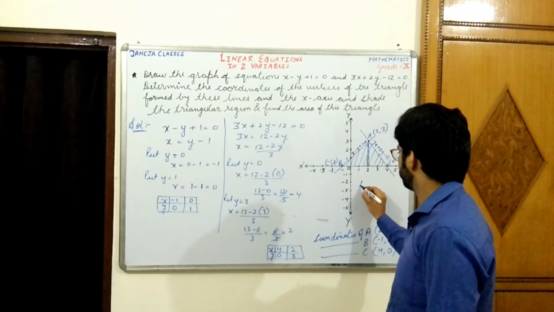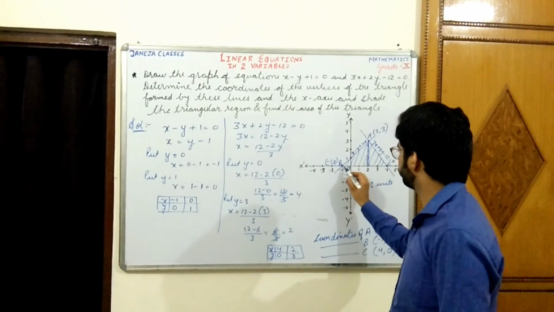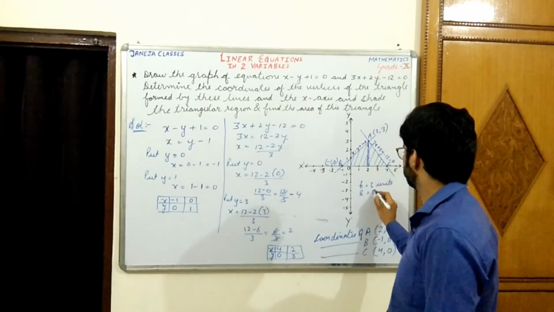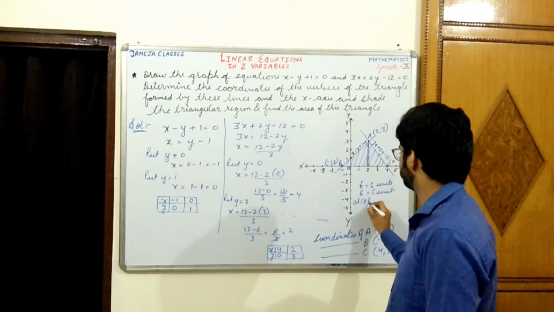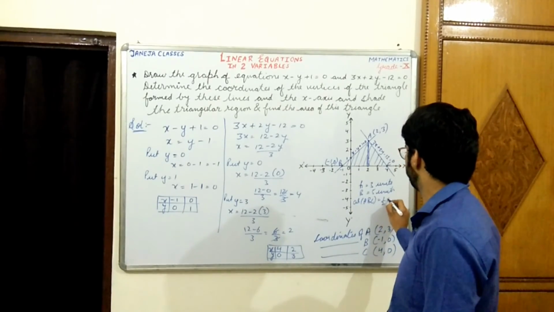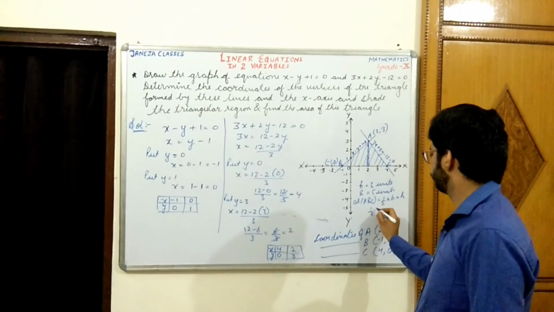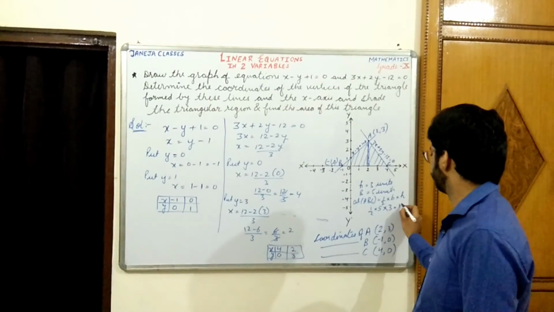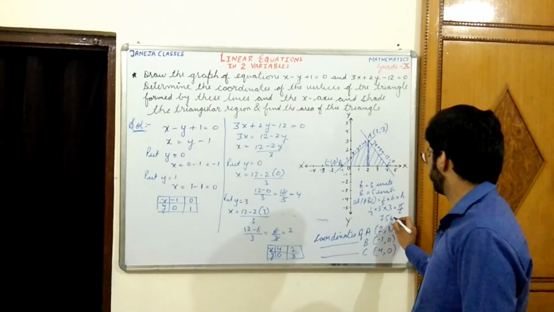So let us write height is equal to 3 units, and base 1, 2, 3, 4, 5 units, base is 5 units. So area of triangle ABC is equal to half multiplied by base multiplied by height. So half multiplied by base 5 and height 3. So it will be 15 by 2, or we can say 7.5 square